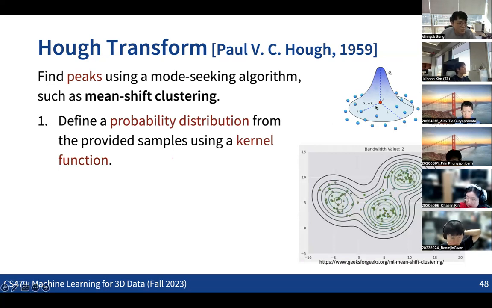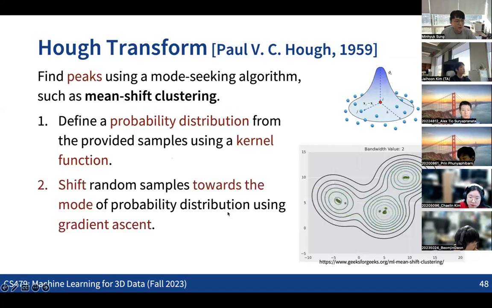As you can see here, for each of the votes, for each of the sample points, we are defining a volume of the probability distribution, which is typically defined as a Gaussian like this. Then when you accumulate all this volume of the probability distribution for all the given points, we see a distribution like this on the bottom side, in the given space.